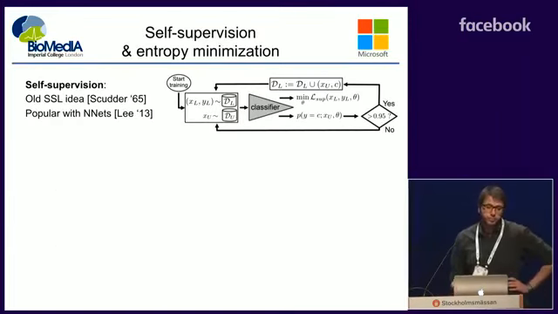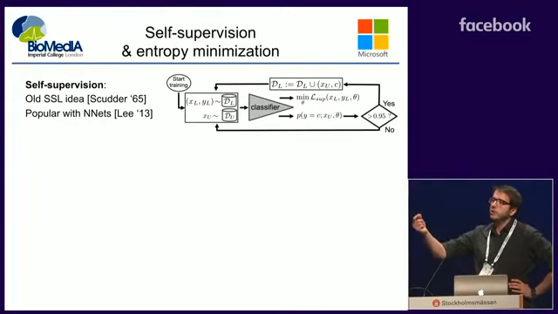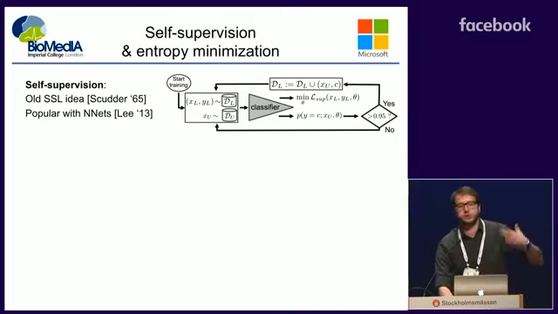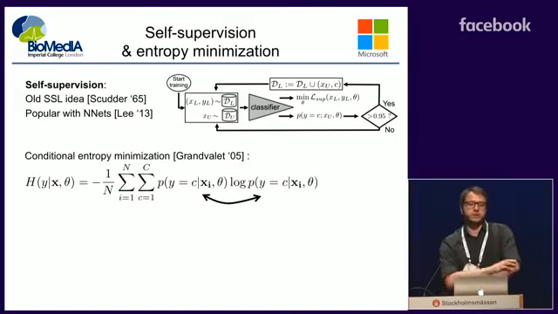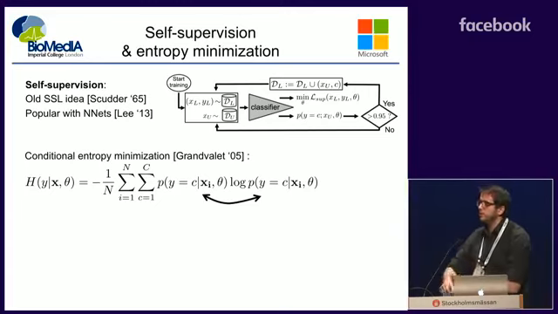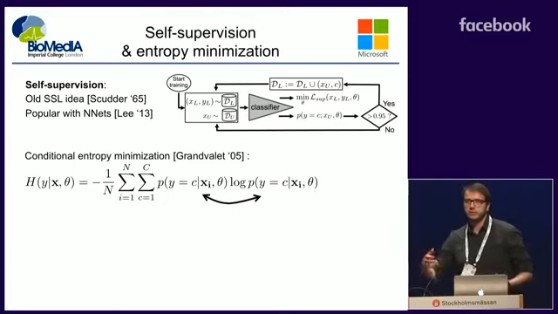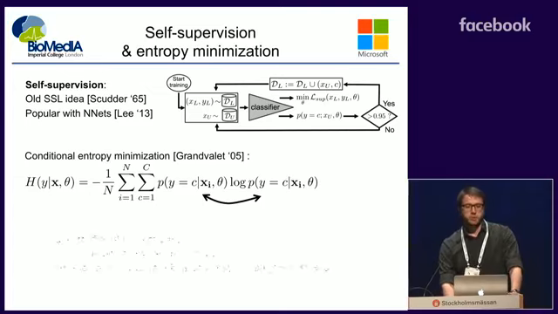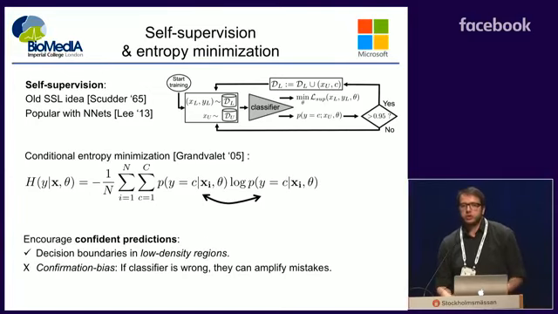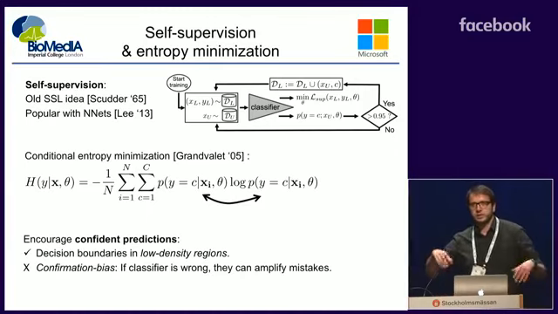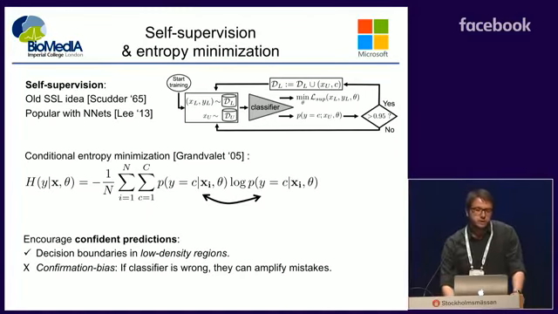Another popular approach for semi-supervision is self-supervision, which says you make a prediction for every unlabeled sample, and if this prediction is confident, you put this unlabeled sample together with the prediction in the training set, and you continue the training. It's very relevant to the well-known entropy minimization regularizer, because the latter, you can see as if the prediction of your model is actually the target for your model. Both of them encourage confident predictions, which pushes samples away from the decision boundary, to lower the entropy.